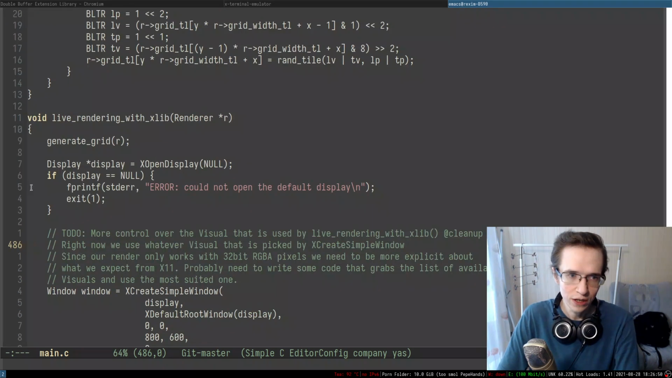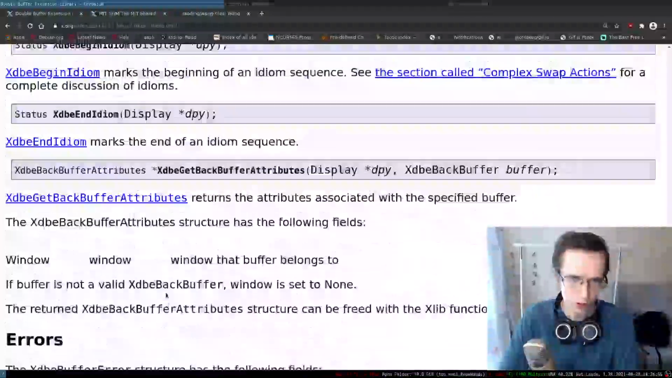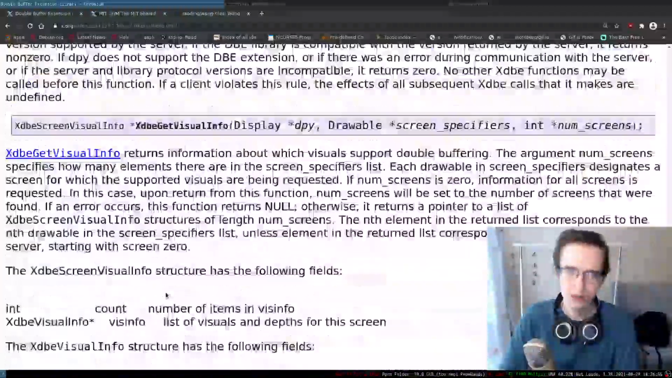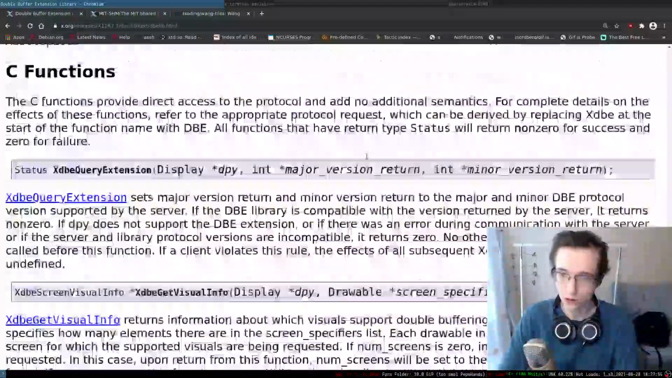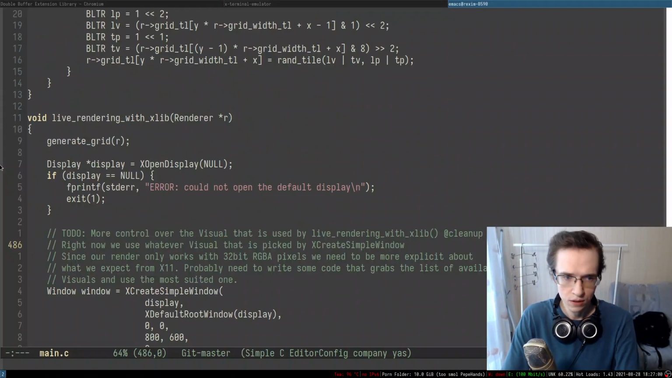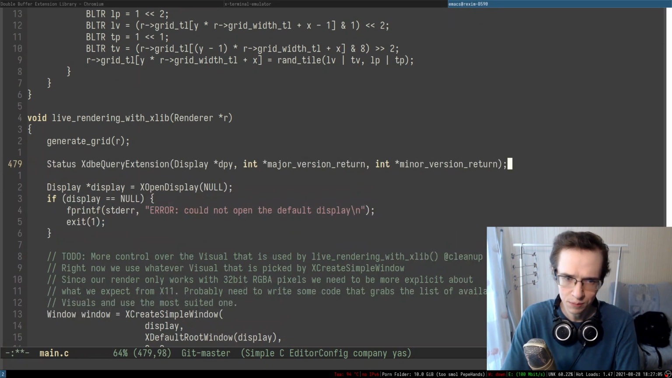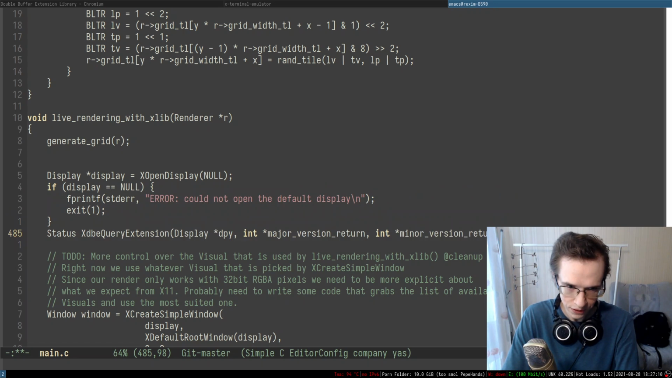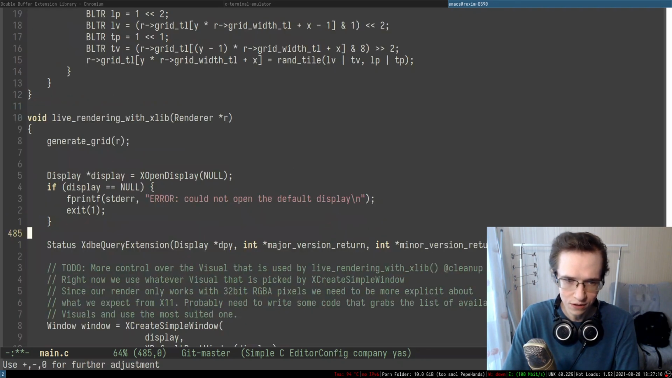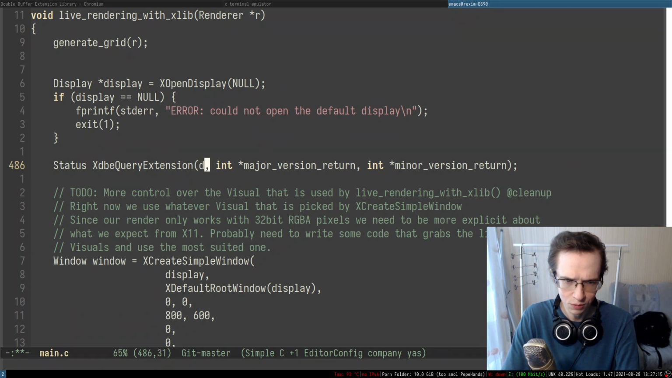Right, so the first thing I would like to do in here, I suppose, is to query the X double buffering extension, right? So this is the thing that we need to actually put in here. And let's just see, does this accept display? Yeah, it does accept display, which means that we need to first open the connection to the display. So this is going to be the display,